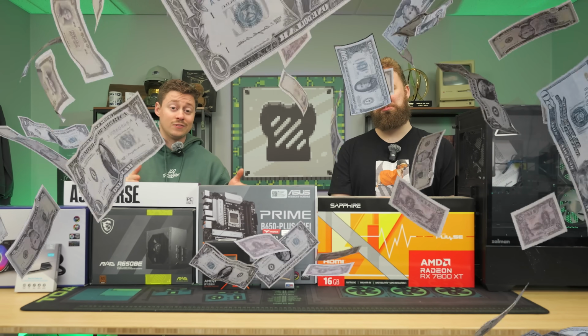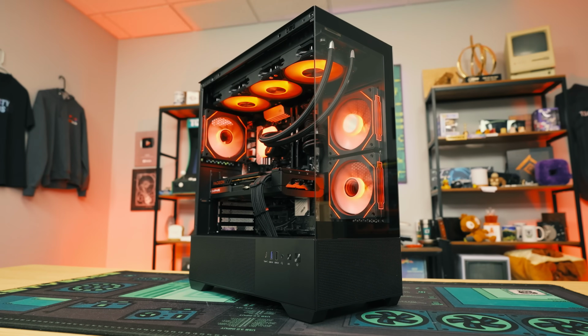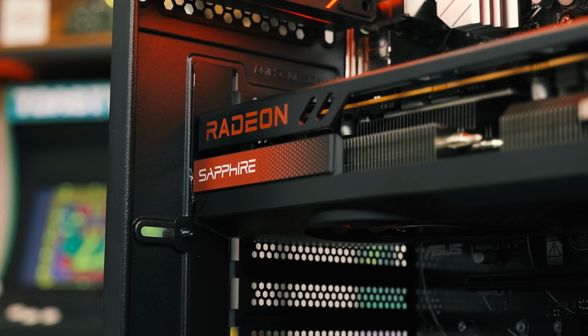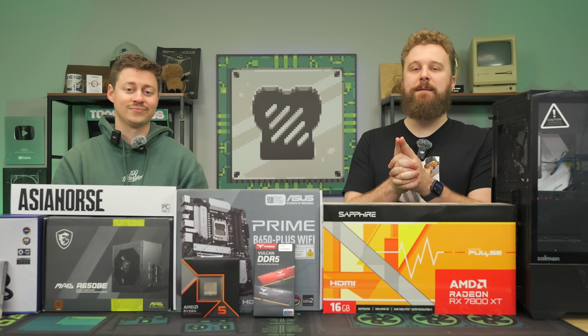Everything is either really expensive or really hard to find, but today we're going to show you how you can easily build a 1440p gaming PC. And it features an RX 7800 XT and Ryzen 5 9600X. And we're going to talk about how you guys have a chance to win this gaming PC after a word